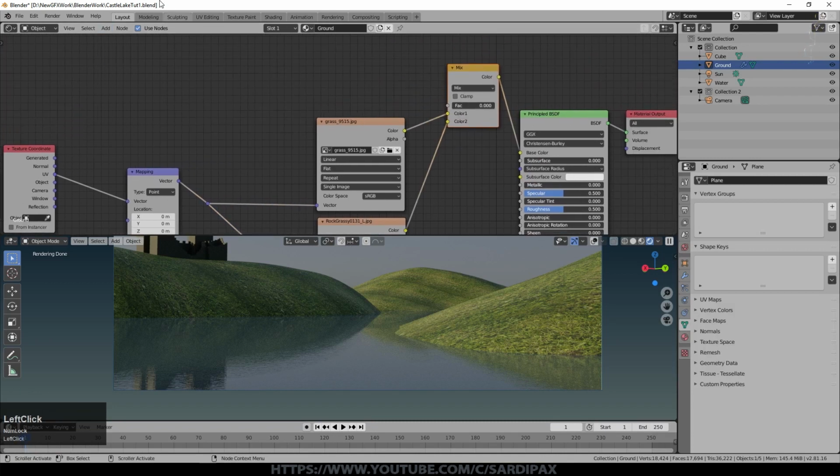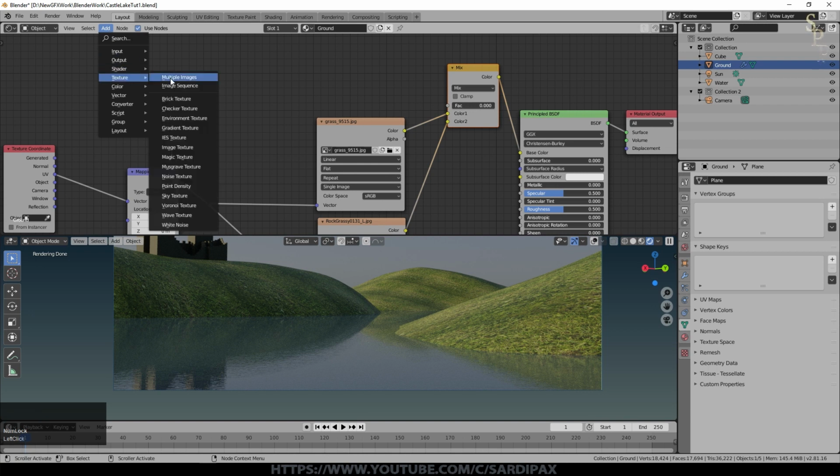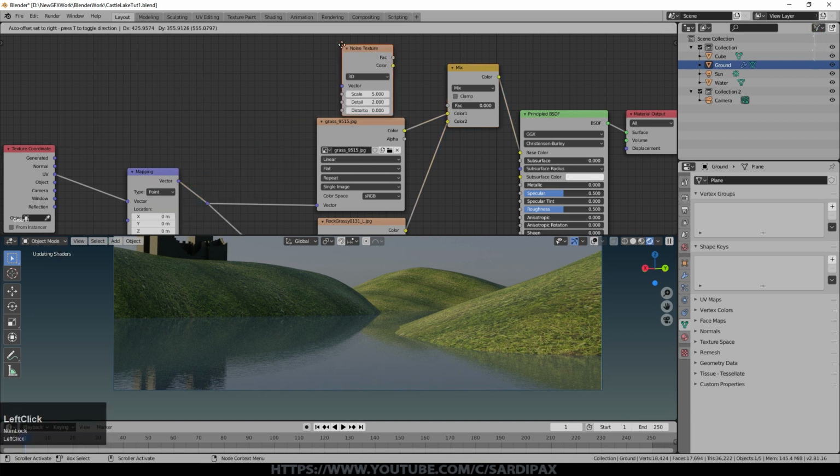And I also wanted to have it fading between one and another. So it's essentially a fairly rocky landscape, but with areas of grass. So I'm going to add a texture, which is a noise texture. There are many other options to choose from, of course. Don't strictly need to do this, but I'm going to plug in the UV there anyway, and then take the output from my noise texture into the factor on that mix node.